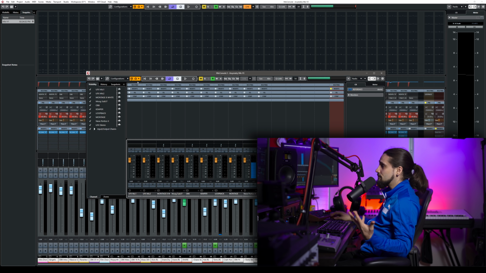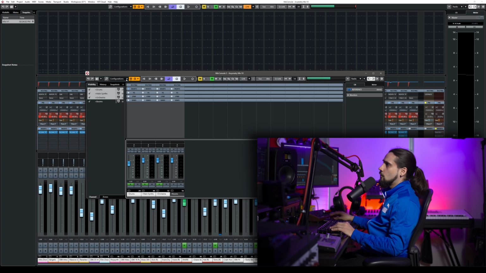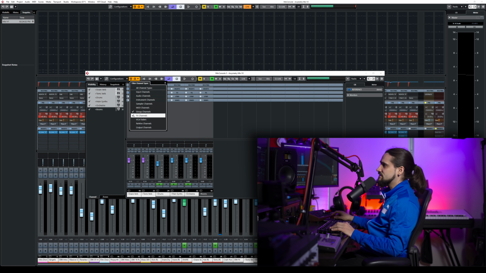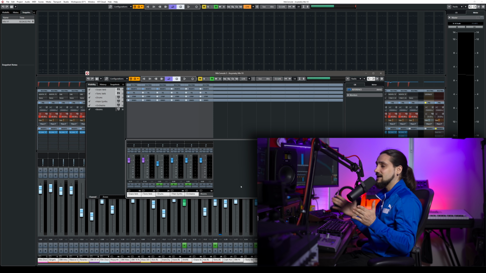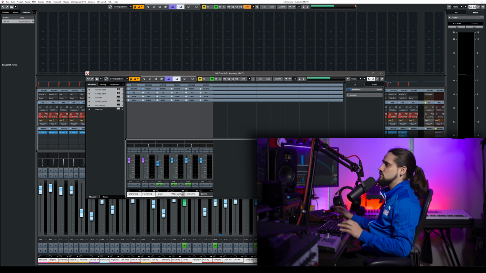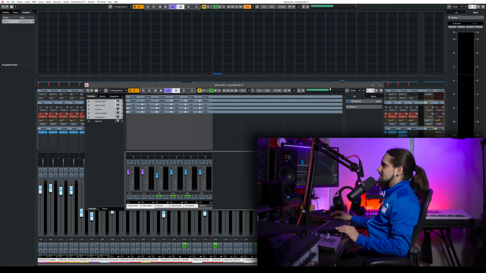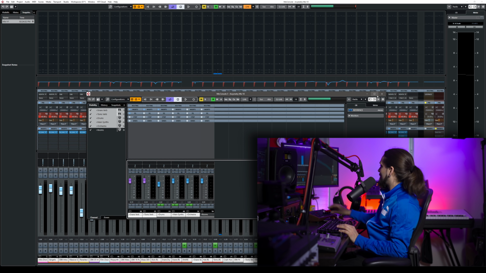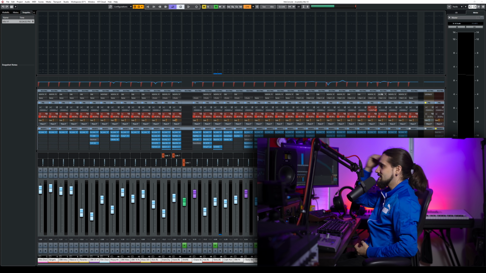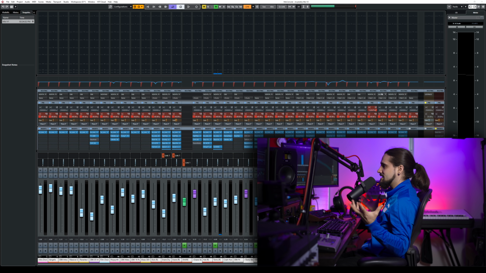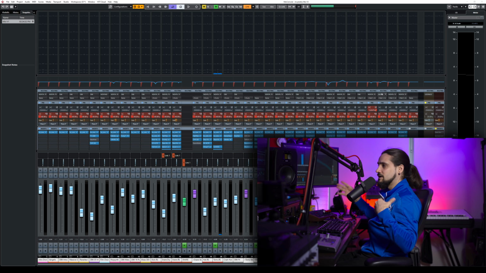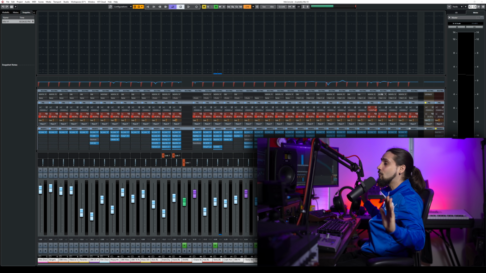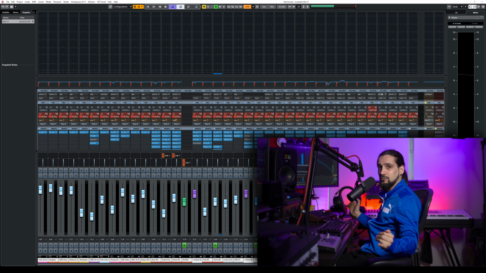And then I can have a third mixer where I can configure it to do other things. In this case, I might want to have just the group channels, or maybe just the group channels and the effects channels, and I can focus on exactly what I'm doing. Maybe just the drums, maybe just my synths. So this mixer is separate, this mixer is separate, and my input mixer is separate. So it's so easy to be focused whatever stage of the production you're at. Incredibly useful. I cannot live without this.